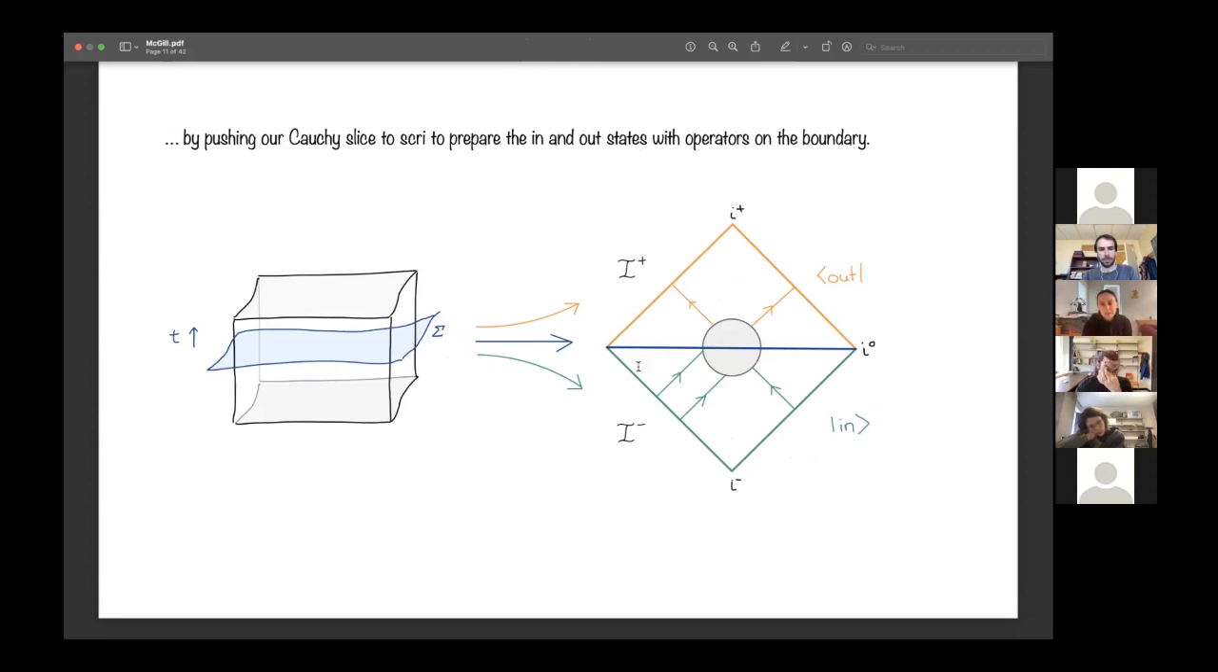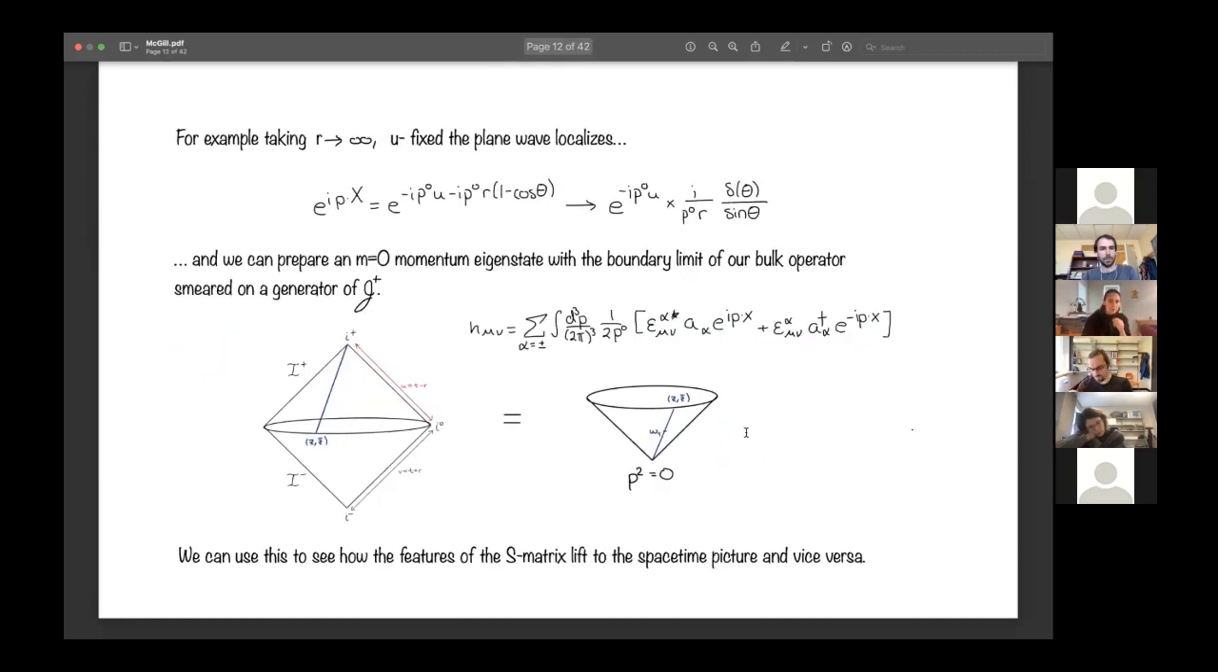And so for basically massless scattering, I really can just worry about the contribution near scri minus and scri plus, even though for massive cases, I need to care about i minus and i plus. I have now just taken my bulk fields and pushed them to the boundary, and I can prepare a state that way. So to be a little bit more clear about that, if I take a saddle point approximation,